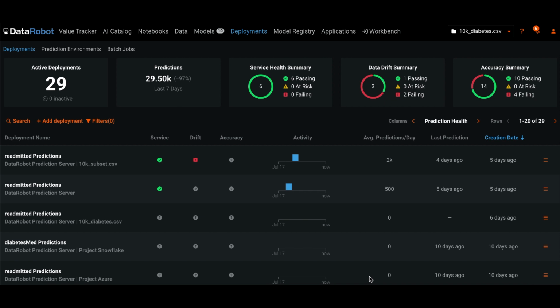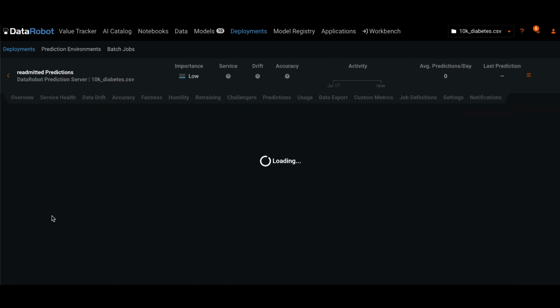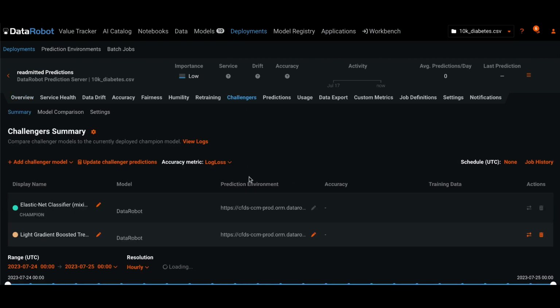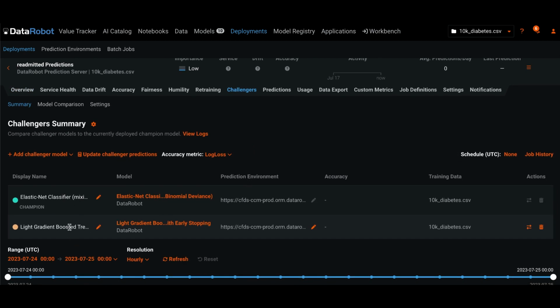Let us now replace the champion model inside a deployment with a challenger model that has been running in the same deployment for a while. Select the deployment. Under the challengers tab, we can see our challenger model that has been running for a while now. Click this button